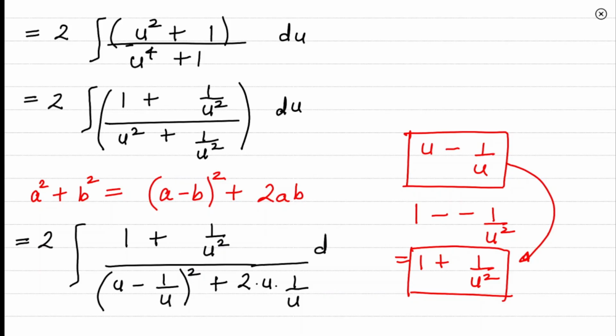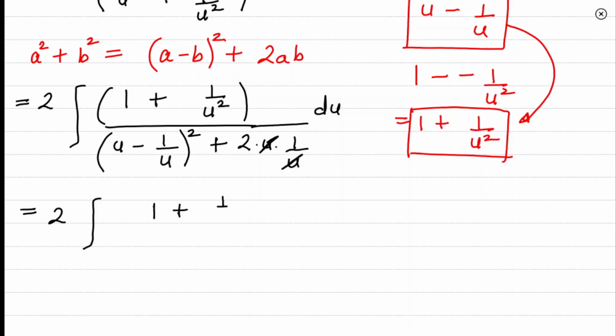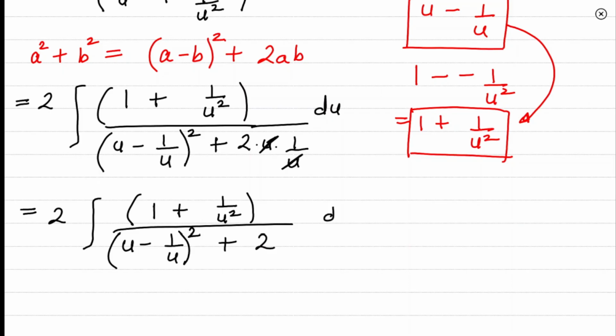Okay, and obviously we are integrating with respect to u. How simply we were able to generate that u minus 1 by u in the denominator. This u and this u will get cancelled. Okay, now we have 2 times integral of 1 plus 1 over u square in the numerator. In the denominator, we have u minus 1 by u the whole square plus 2, and we are integrating with